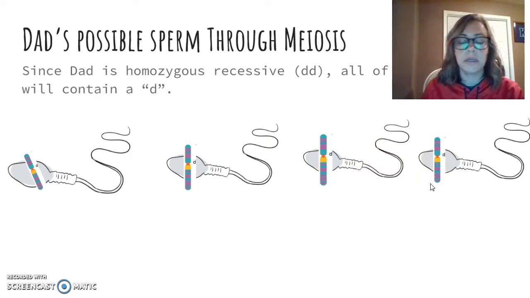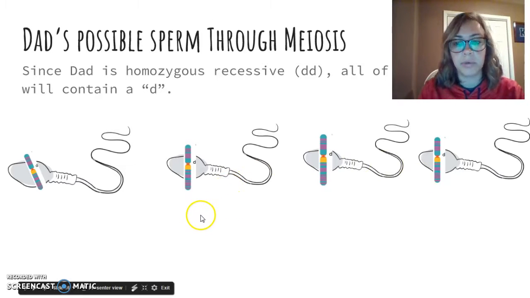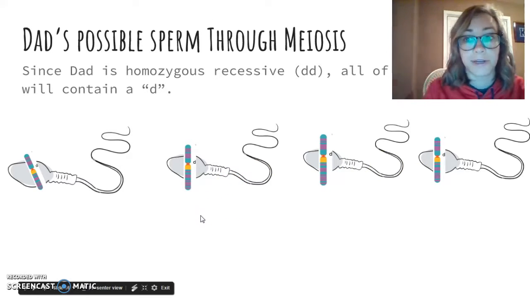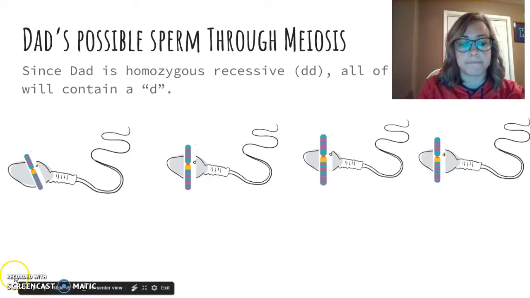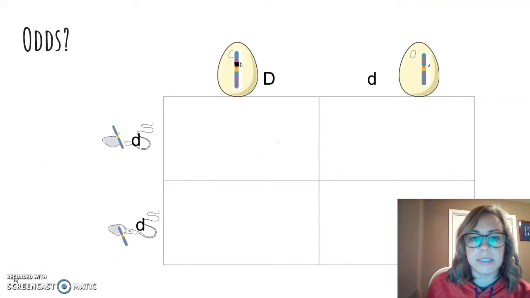Now, yes, we could theoretically sit here and pair together all of the different possible combinations, but if we do this through a mathematical approach, we can use a Punnett square, which I think some of you have heard of before, to help us figure out the percentage chance that dad's sperm will fertilize which egg of mom. So if we create one of these Punnett squares, the way we set these up is that